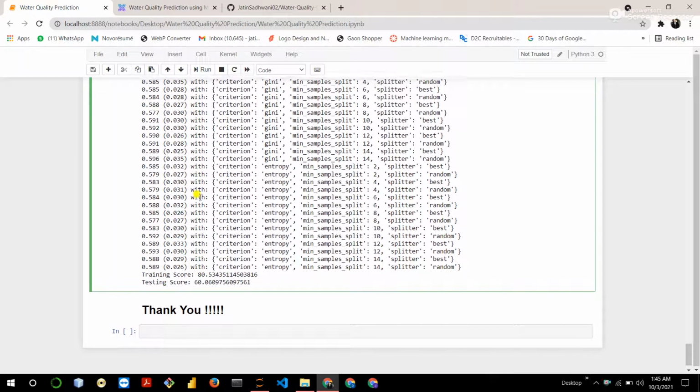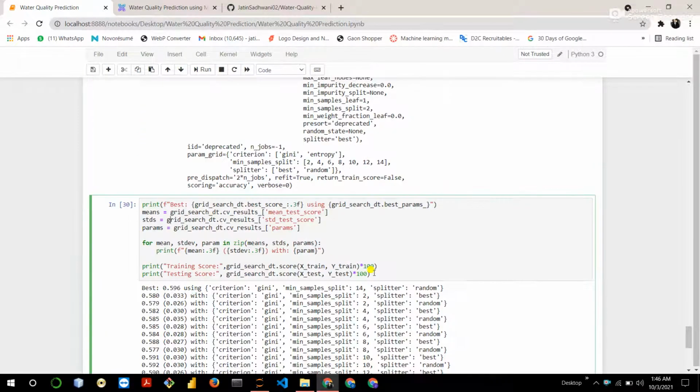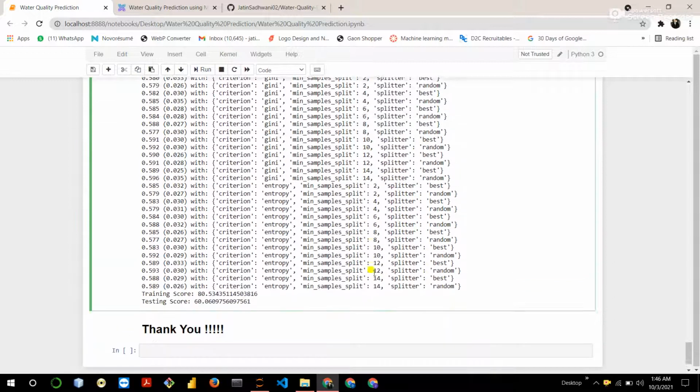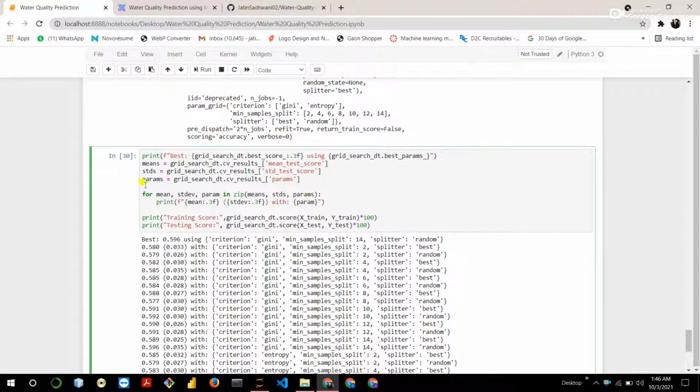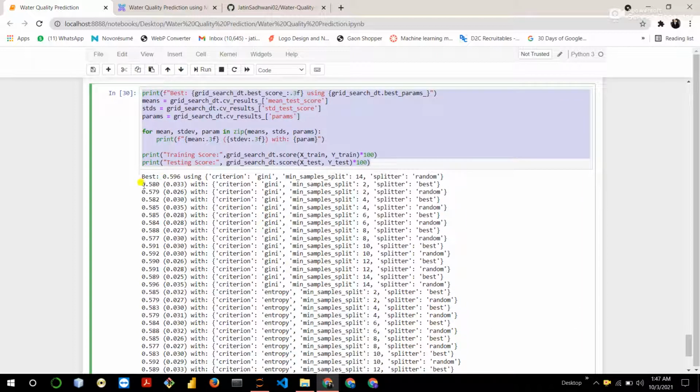So this is my water quality prediction model. It is a decision tree classifier trained on different parameters, and it gives the accuracy of each parameter.